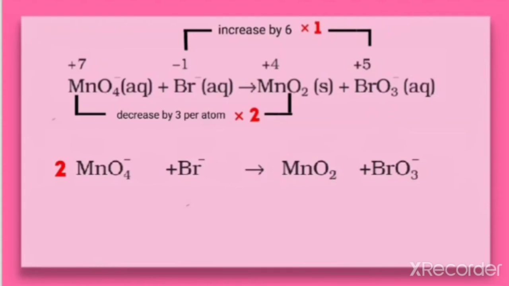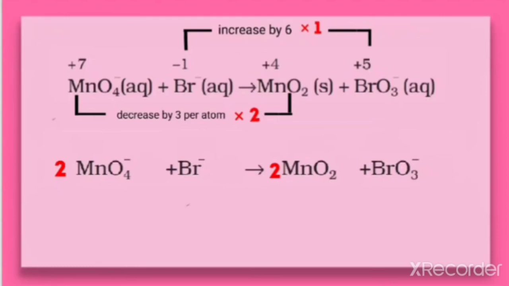The next step is to balance all the terms except oxygen and hydrogen. So here, manganese on the left hand side has 2 atoms, but on the right only a single one. So what we need to do is keep twice here. Now Mn is balanced. What about Br? There is a single number on the left hand side and a single number on the right hand side, so it is already balanced, and there is no need to keep a stoichiometric coefficient here. Now in this equation, except oxygen, all other terms are balanced.